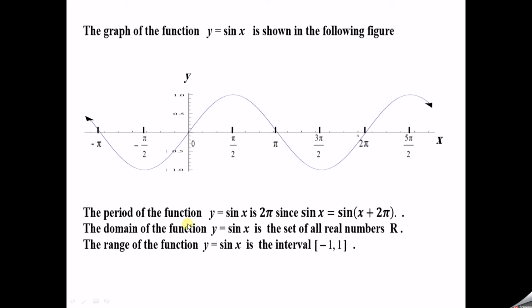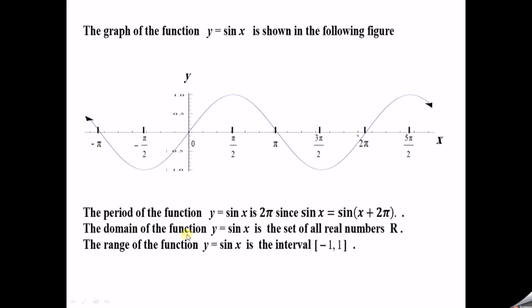So with this we can make these observations. The period of the function y equal to sin x is 2 pi. That means sin x is the same as sin(x + 2 pi). After 2 pi length, sin x and sin(x + 2 pi) are both the same. After 2 pi length, the values of the sine function will be repeated. That we see from this relation, sin x is equal to sin(x + 2 pi), because the function is periodic of period 2 pi.